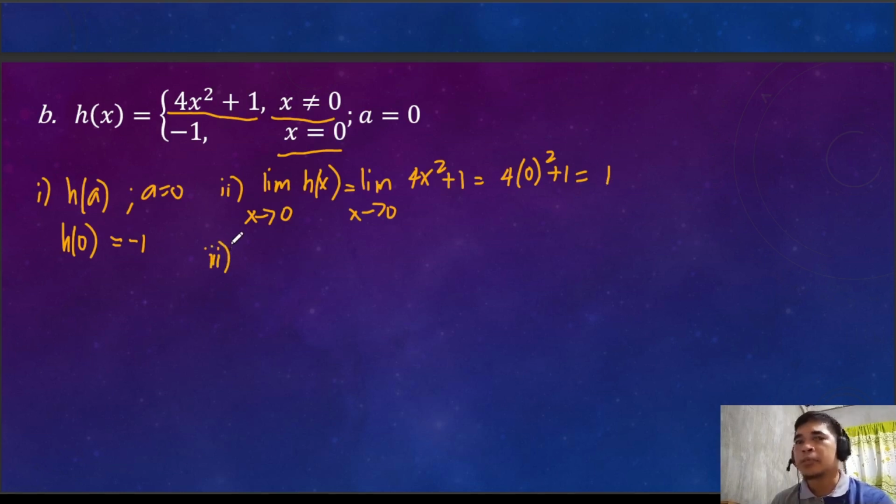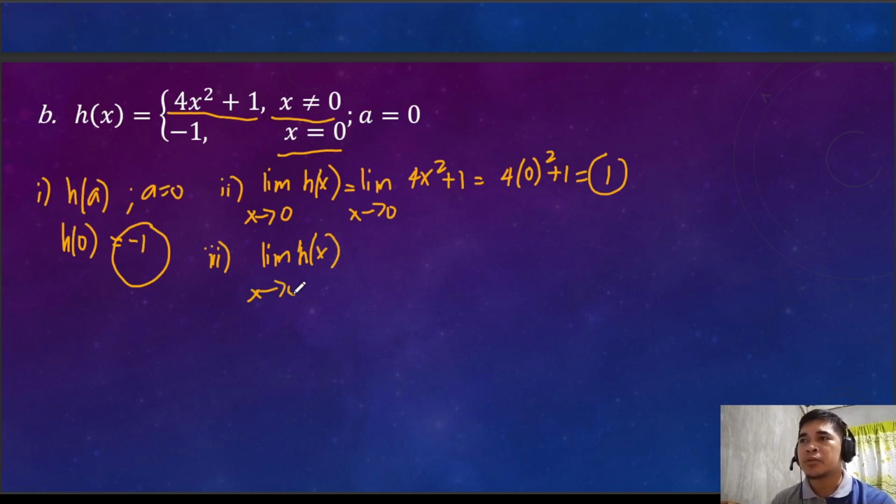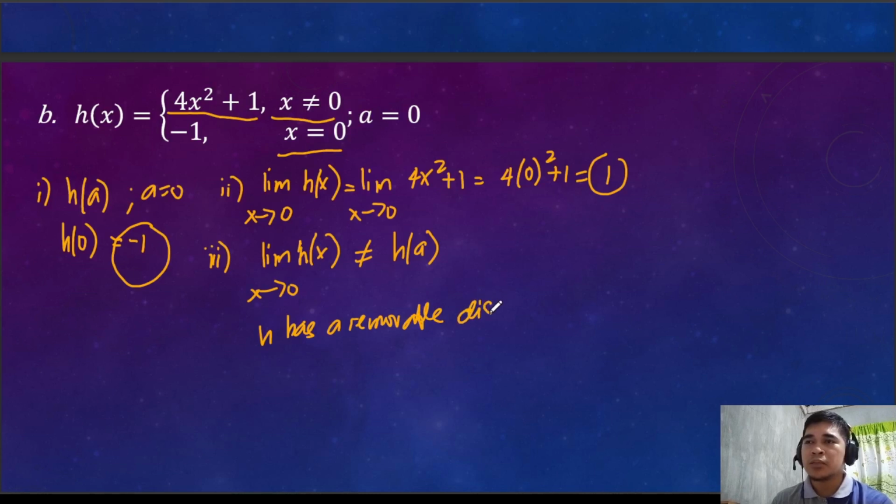Now the third condition. So our second, there is a limit. Our first, we have the value of h of a. But the problem here, we have negative 1, and here we have 1. Meaning, our limit of h of x as x approaches 0 is not equal to our h of a. Therefore, this is a discontinuity. And what type of discontinuity? Since ang hindi satisfy nito is yung third condition, therefore this is removable. So our h has a removable discontinuity